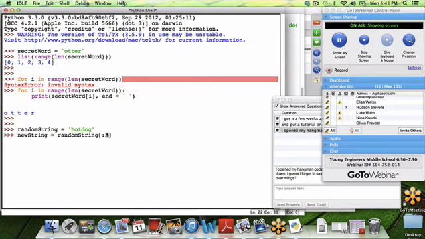Let's take a look at what the new string is. It's hot, like we expected. All right, what we can do, let's say I wanted to create the word hog. H-O-G, hog. What I could do there